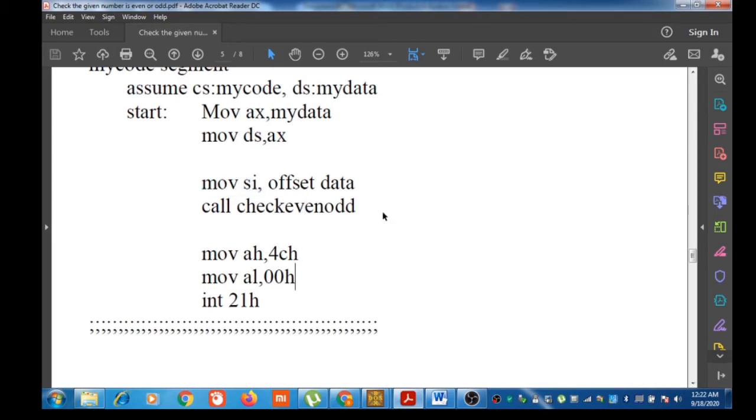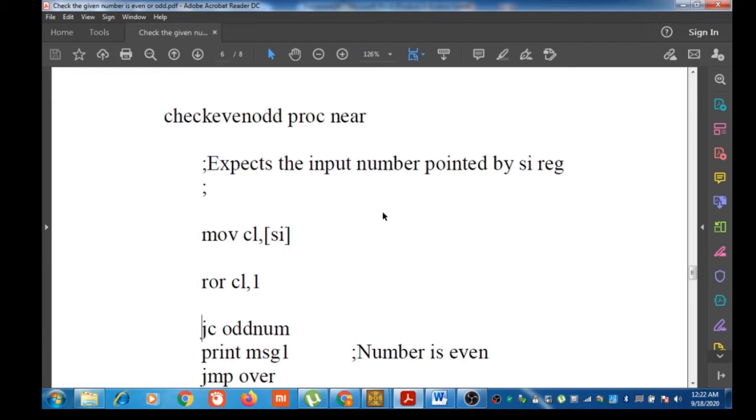See what is inside the procedure. Inside the procedure, it uses the pointer stored in SI register. So before applying the ROR instruction, the number is moved to CL register by using the pointer stored in SI register. Its meaning is move the content of the location pointed by SI register to CL.